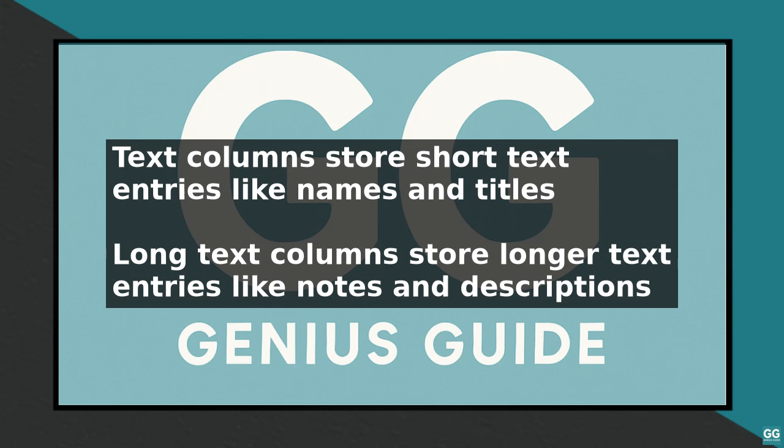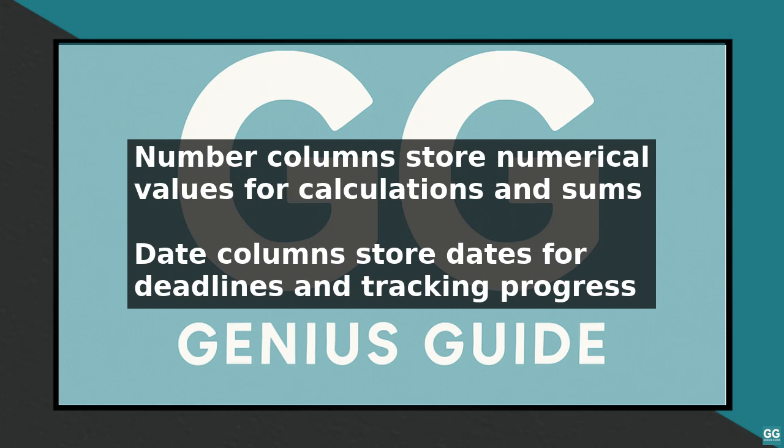The number column is used to store numerical values and can be used for calculations, such as sum, average, and percentage. The date column is used to store dates and can be used to set deadlines, track progress, and create timelines. The people column is used to assign tasks to team members and can be used to track who is